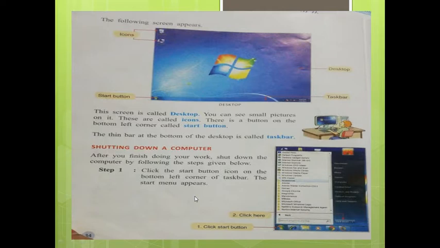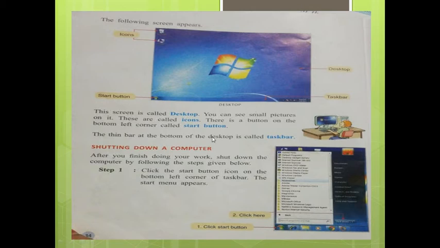then see, this is the screen that appears whenever you start your computer. Here are many icons like the dustbin and others, and whatever documents you saved you can see easily. Then this is the shutdown button, start button, and taskbar, desktop.